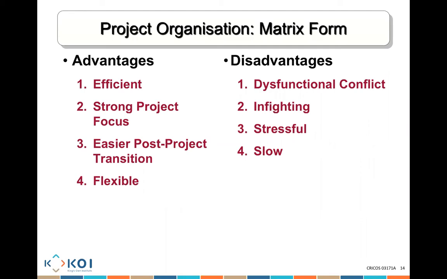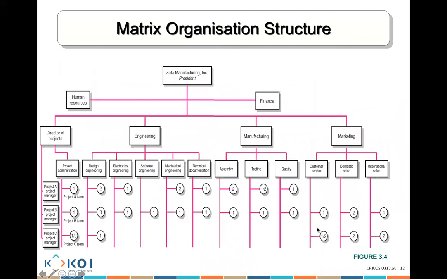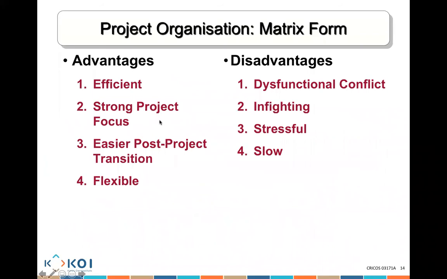The disadvantage of working in a project organizational matrix is dysfunctional conflict. As you can see in this example, people need to share resources. When a person works half of their time here and half on another project, there's going to be conflict. "I want him more." "No, I want him more." You're going to see people fighting to get access to the person, to prioritize their specific project. There is fighting in the teams, especially if the people are not very friendly together and don't work with each other regularly.